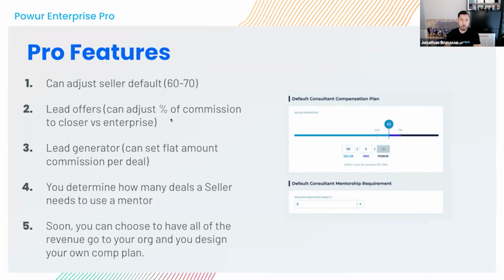But on Enterprise Pro with a seated seller, you can take an additional 5 to 10% more to the organization on their own referrals. So if I seat Sally underneath me and I'm paying her $85 membership and she can use my office, and I'm paying her ticket to Powur World and she gets VIP training with me, I might say, hey, Sally, you're going to be on a 60-40 split because my organization is taking that 10%, or 65-5, my org is going to get an additional 5%.